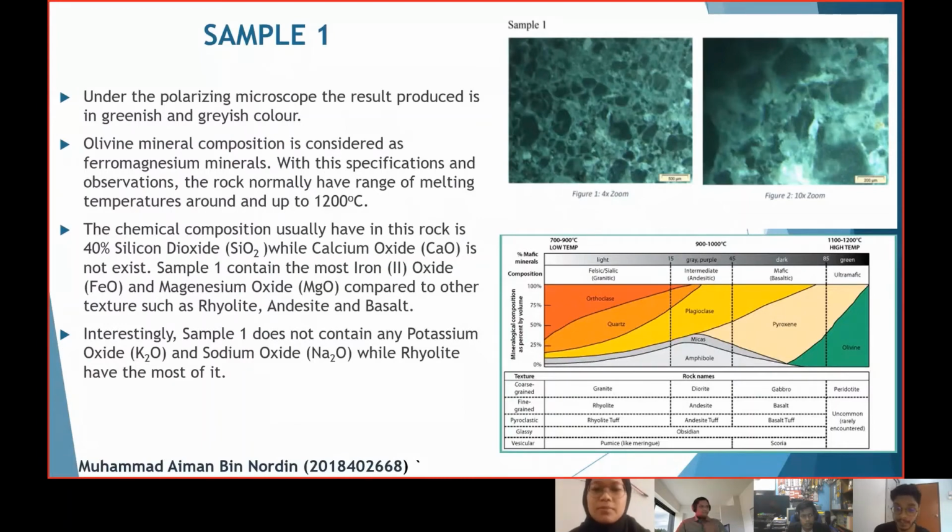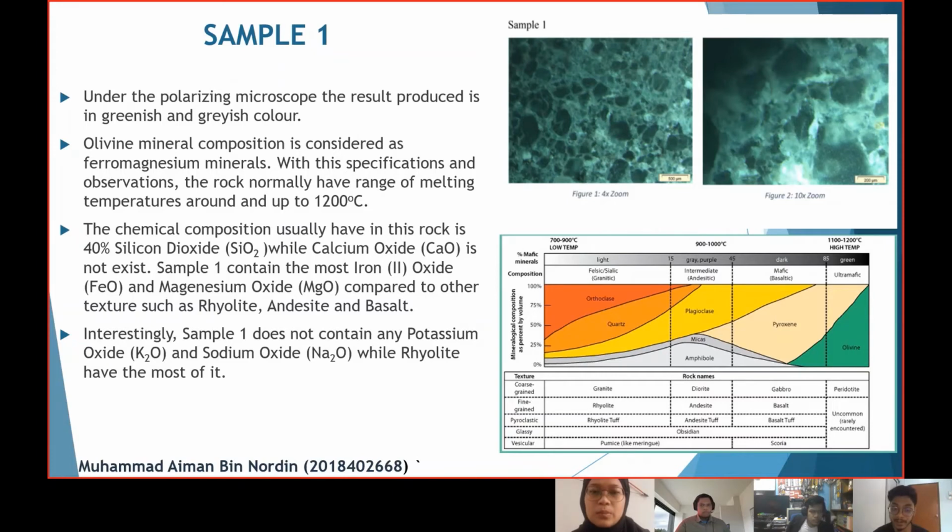It is considered as a ferromagnesian mineral. With this specification and observation, the rock normally has a melting temperature range of up to 1200 degrees Celsius. The chemical composition usually found in this rock is 40% silicon dioxide, while calcium oxide does not